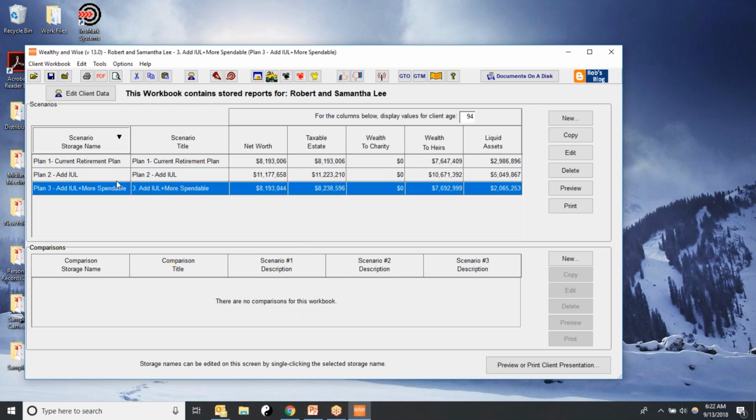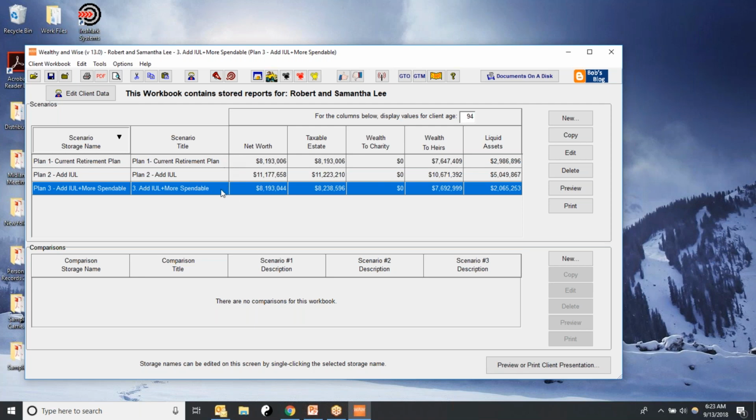So I'm going to then add plan 3, and it shows net worth. See, between this one and this one is really basically the same, but by doing the IUL, they get more spendable cash flow. You cannot see the additional spendable cash flow from these numbers,